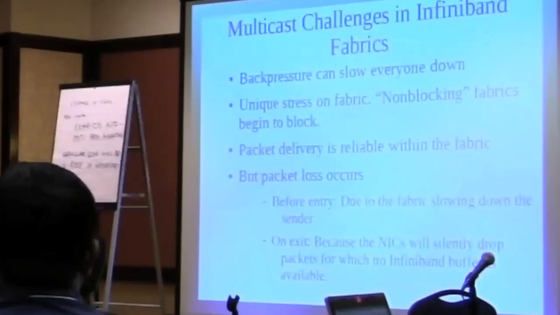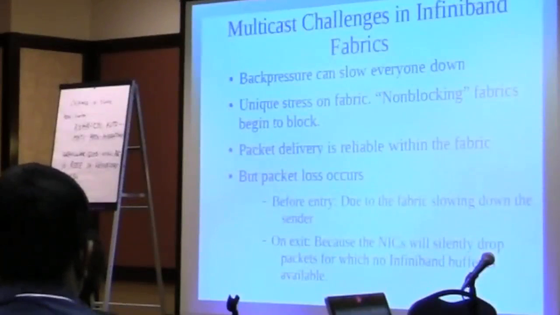The NICs, the Mellanox NICs here, have no error message and no counter if a packet overruns the QP buffers. There's no QP buffer, it's just tossed. It's an unreliable packet after all, an unreliable datagram. So it's gone and you don't know anything about it. So there are a lot of issues in diagnosing this stuff, because you don't have any counters. So we've been trying to get that fixed, and it's still ongoing.